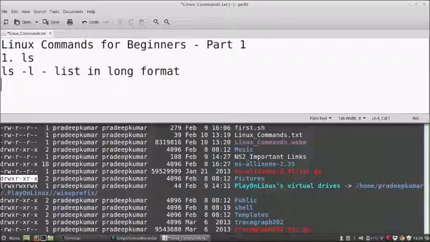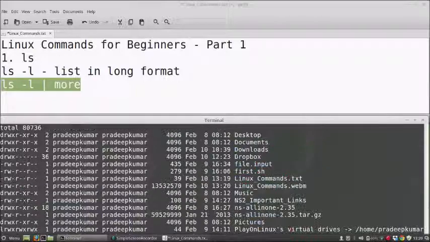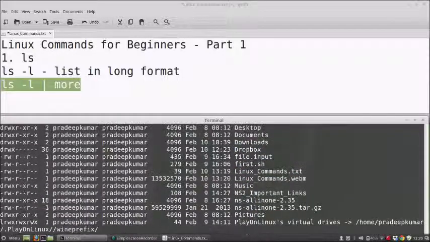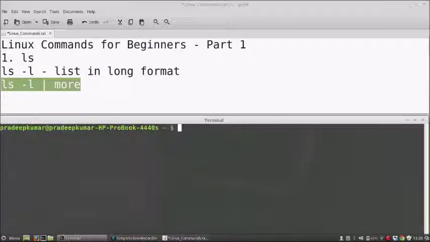Suppose you want to list only a few files from the beginning, so you can use more. More means it will show you only a few of them. Maybe I'll just show you that after clearing the screen.